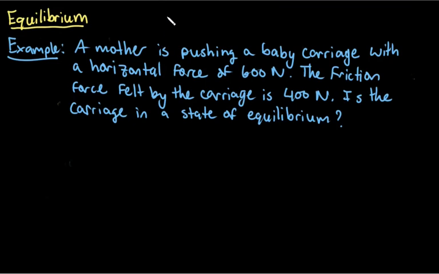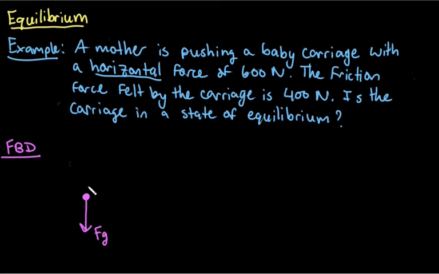In this case, we have a mother pushing a baby carriage with a horizontal force of 600 newtons. The friction force felt by the carriage is 400 newtons. Is the carriage in a state of equilibrium? So let's draw our free body diagram of the carriage. We draw a dot to represent the carriage, and let's draw all the forces acting on this carriage. We know that there is the gravitational force that pulls down,